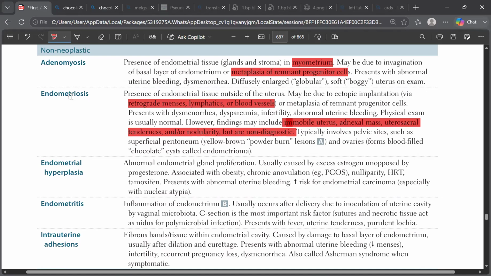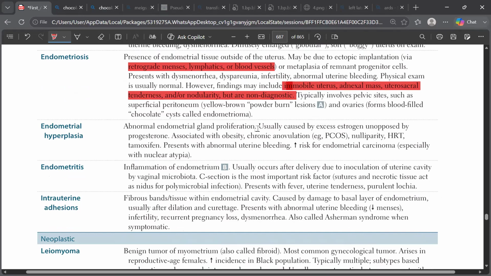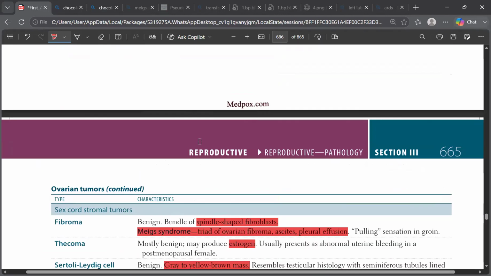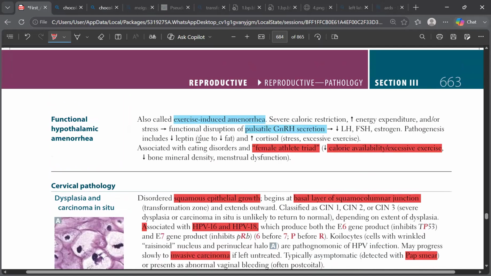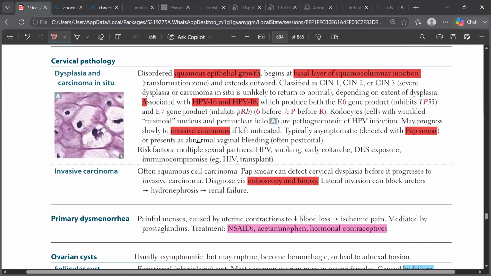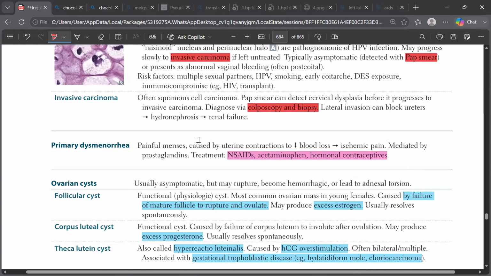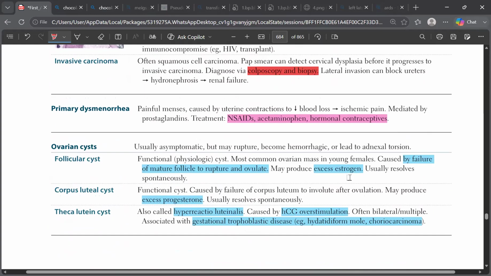Then comes endometrial hyperplasia. It is abnormal endometrial gland proliferation. It is usually caused by excess estrogen unopposed by progesterone. It is associated with obesity. We've already discussed this estrogen unopposed by progesterone. Endometrial hyperplasia could be caused by some ovarian condition. A follicular cyst could progress to excess estrogen and cause increased risk of